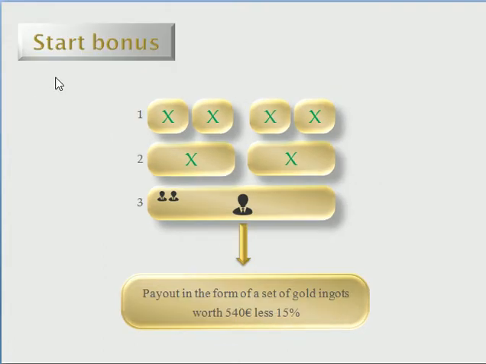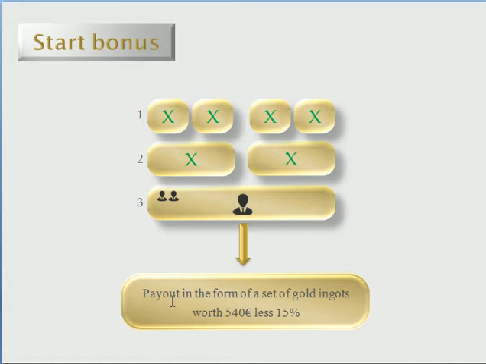So if you decide to invest or join the start contract, when you earn, your payout is in the form of gold bars, because the commissions you get are used to buy you gold. So once you complete one cycle, you get 540 euro less 15% worth of gold bars. The 15% is deducted because it is used to fund the leadership program, which is the residual income, the passive income part of this business. We actually call it the pension in Swissgolden program. So we'll talk about the leadership program in subsequent videos, so please stay tuned for them.